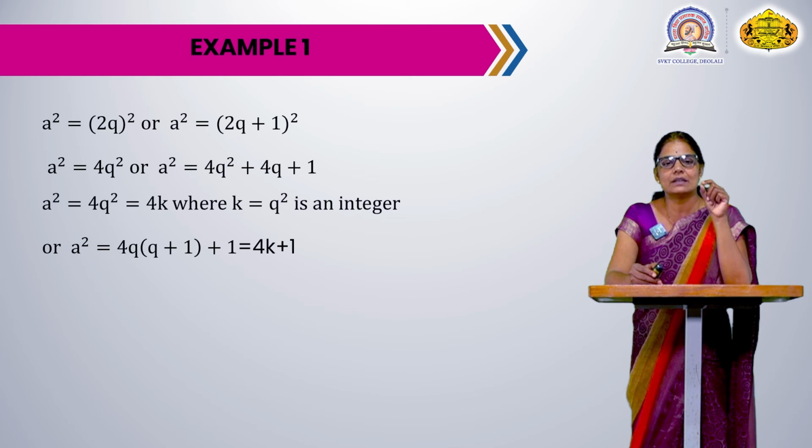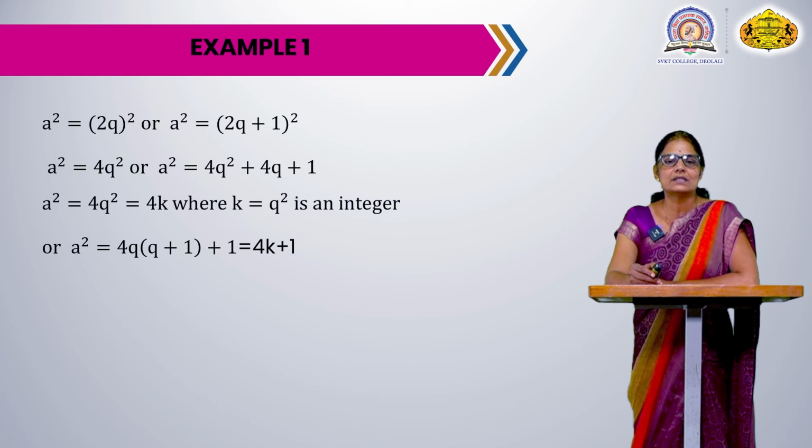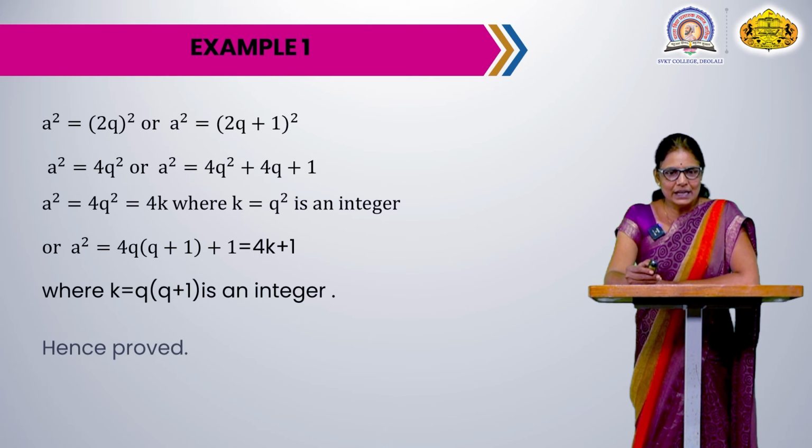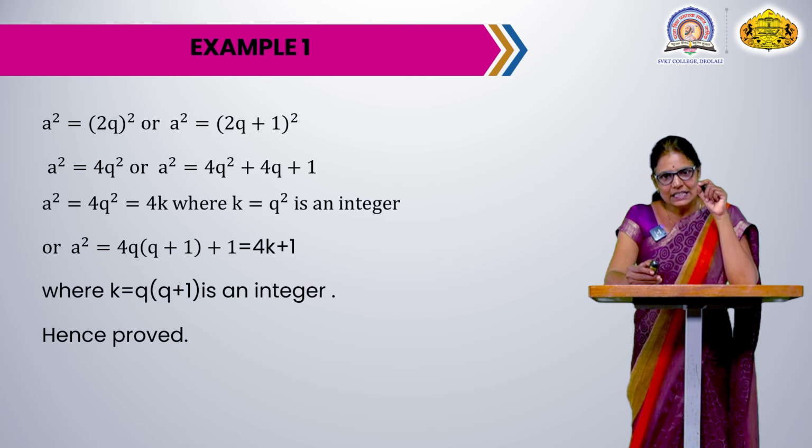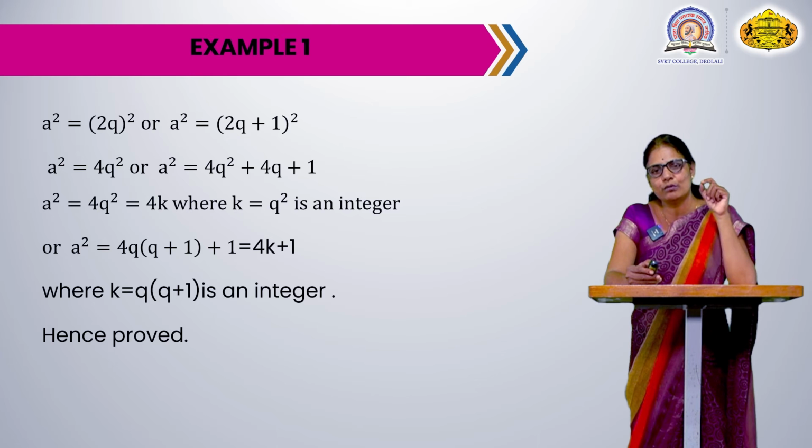So a square becomes 4q into q plus 1, plus 1. So this is 4k plus 1, where k is q into q plus 1, which is again an integer because q is an integer. So now here we get that the square of any integer can be written either in the form of 4k or